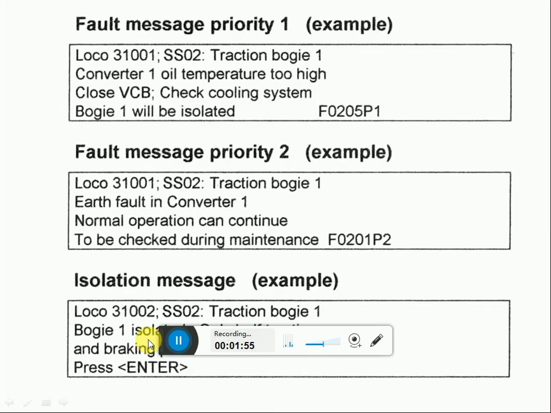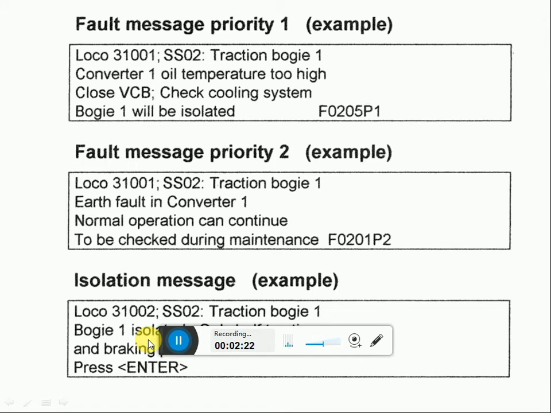Second type of message, fault message. We can see two types of fault messages: P1 and P2, priority 1 and priority 2. For example, traction bogie converter 1 oil temperature too high.